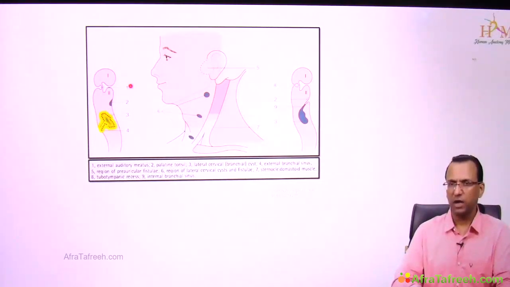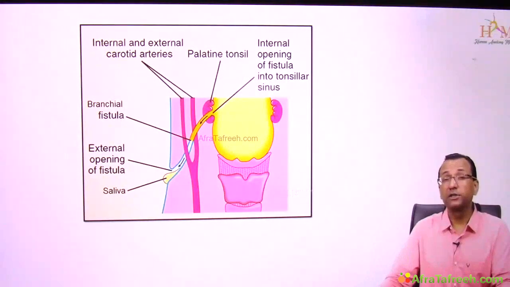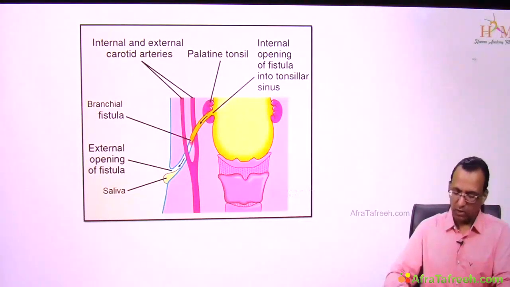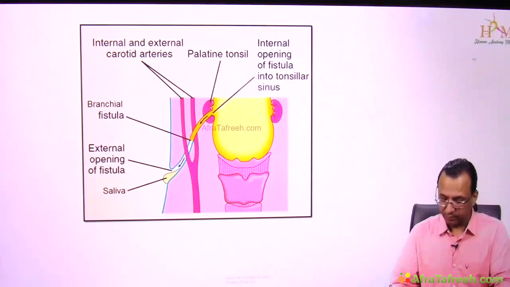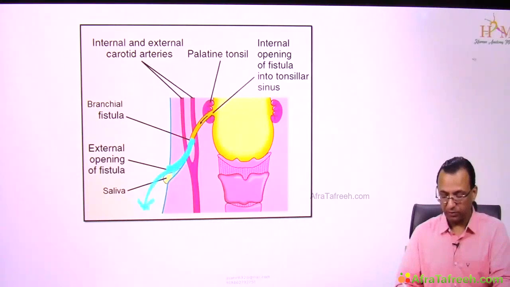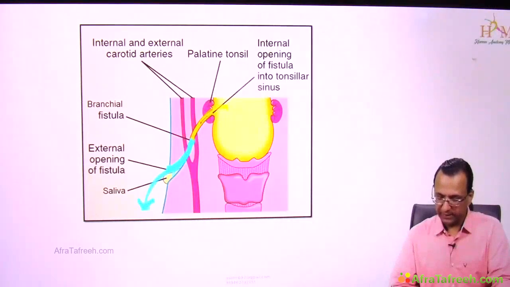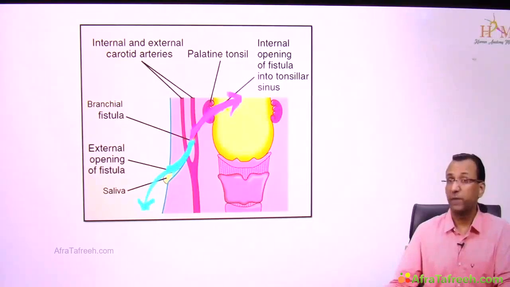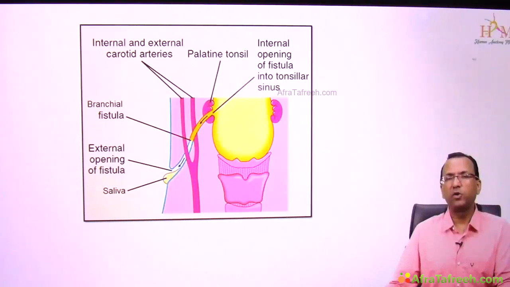Can I see a fistula? Yes. Let us see. This is the diagram of the double sinus. This is the yellow color internal branchial sinus, and that is the blue color external branchial sinus, opening on the skin of the lower neck. The other one is the internal branchial sinus opening into the tonsil. But if you have a double sinus, then it is a fistula, a branchial fistula. This is a branchial fistula having double opening and bringing